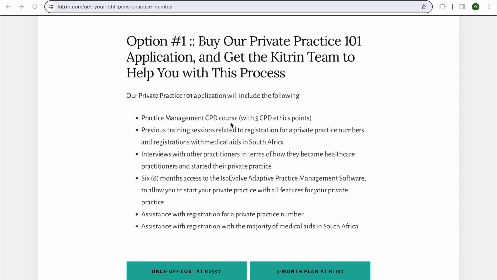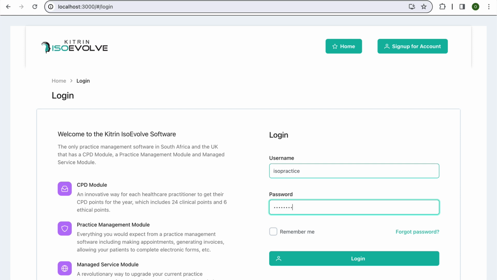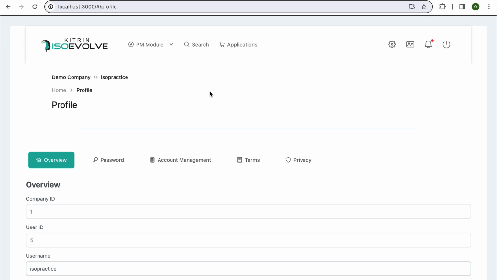So essentially that would be it on the website. So I'm going to log in now, and if you do have a IsoEvolve account, you would log in with your details. If you don't, one will be issued to you if you did purchase the product. But essentially, if you did have an